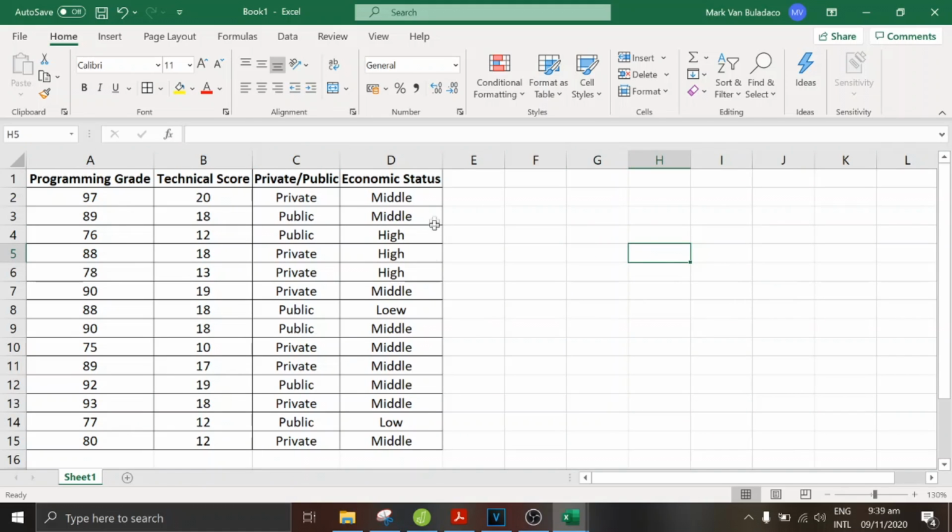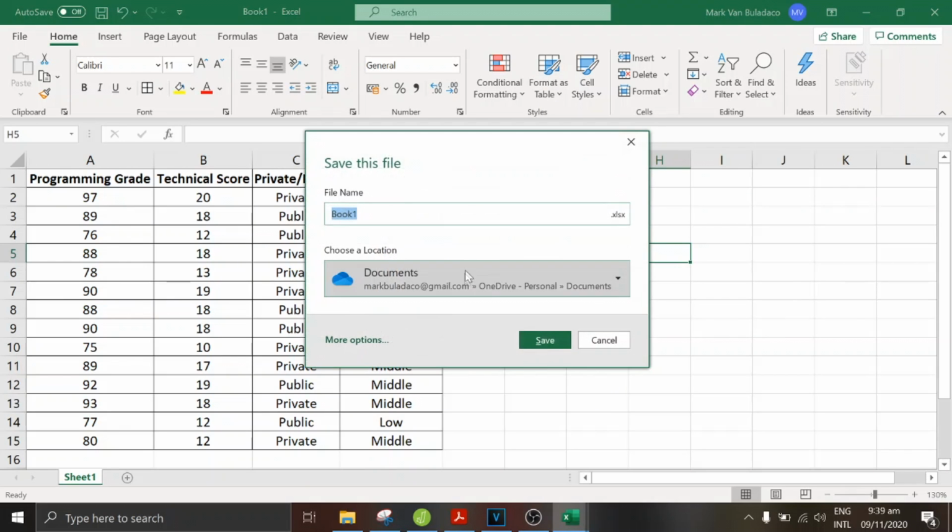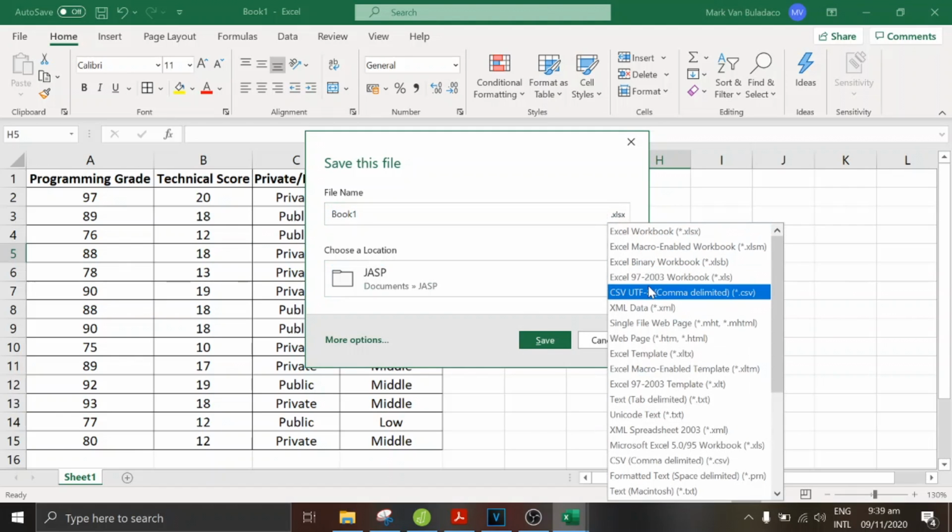I use Microsoft Excel to encode the data, and then we save this dataset. The format should be CSV so that it could be imported into JASP.